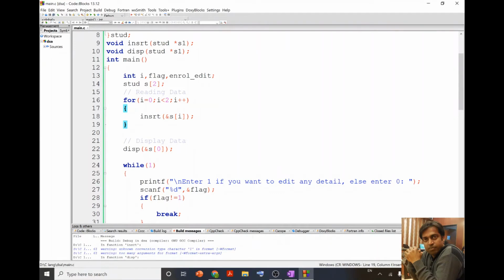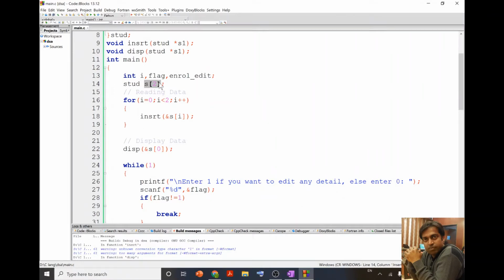Okay, now after that, once the information is stored, then I am going to display the details of all the students. Since in an array the memory is allocated in a continuous mode, means memory that is reserved for S0 and S1 will be one after the another. Means just after the memory of S0, memory for S1 will be there.